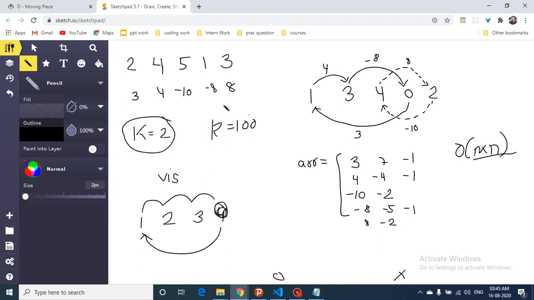Now if k is equal to 100, I will definitely know that I can, because I know the cycle size. Cycle size is 3. I can know the cycle size from the size of this prefix sum which I formed. So the size of this prefix is 3, so I can tell that the cycle size is 3. And if this k is greater than the cycle size, I can go through this whole cycle again and again and again.